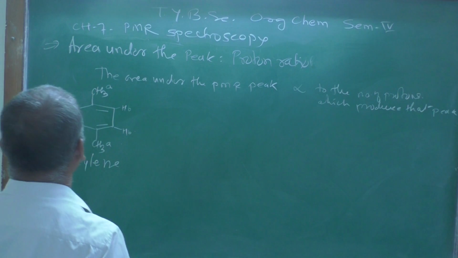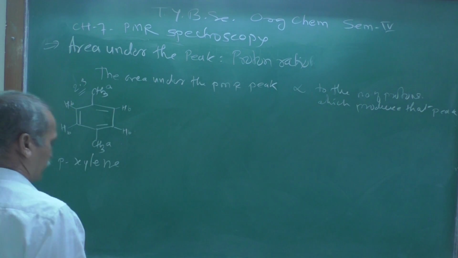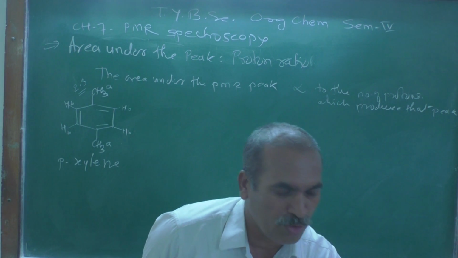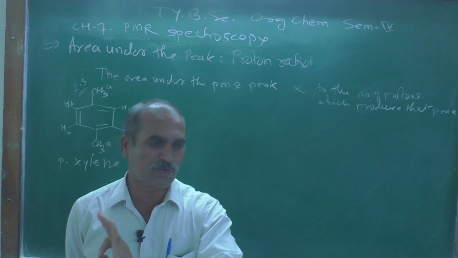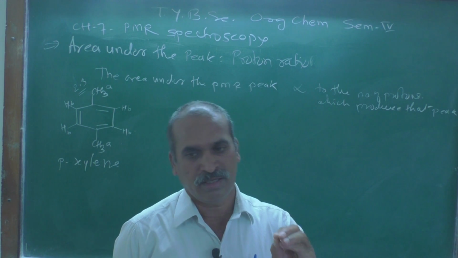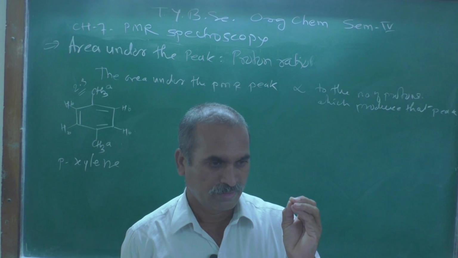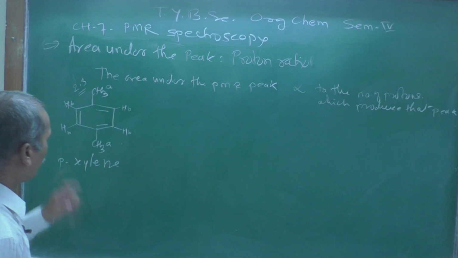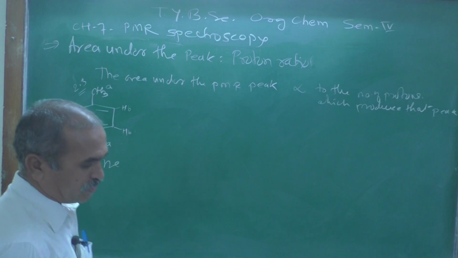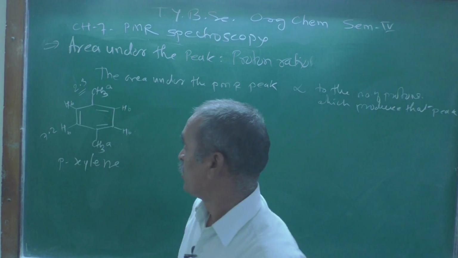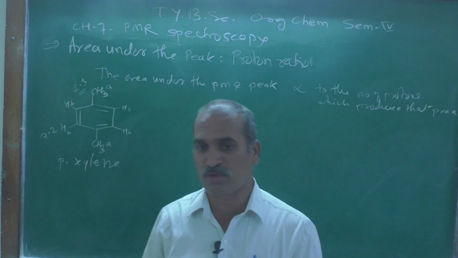And approximate values we also know: the methyl proton, when the methyl group is attached to the aromatic moiety, gives an approximate value found to be 2.3. That is characteristic of that proton. The aromatic protons which are present here are found at 7.2 delta or ppm. So two kinds of protons, and these are the approximate values.